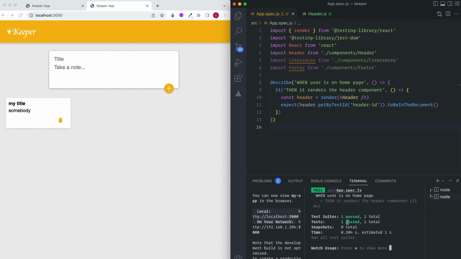All right, our test is passed. If I want to write another test for the create area, I want to make sure that this create area is also painted. I will simply go in here and write one more test case, another scenario. Scenario name is then it renders the node creating card. And for that,